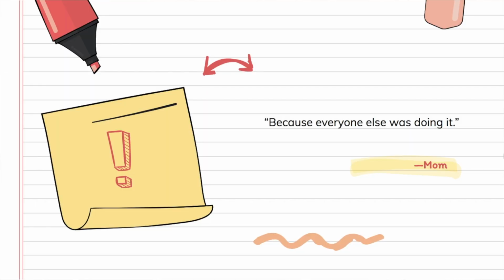Armed with this newfound revelation about my childhood, I decided to confront my mother. "Mom, why did you put me in so many classes as a kid?" I asked, sounding smug and prepared for an answer that I could easily argue. "Because everyone else was doing it," she answered without even looking up from what she was doing, really. Because everyone else was doing it.